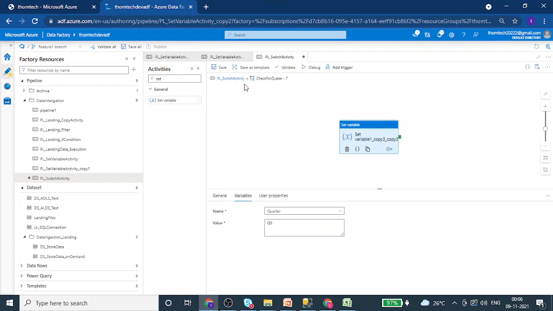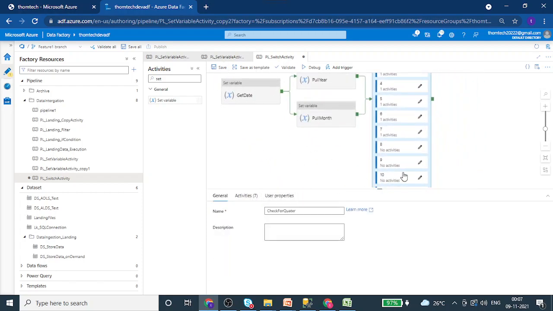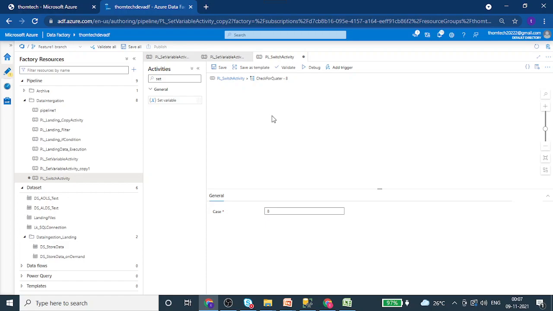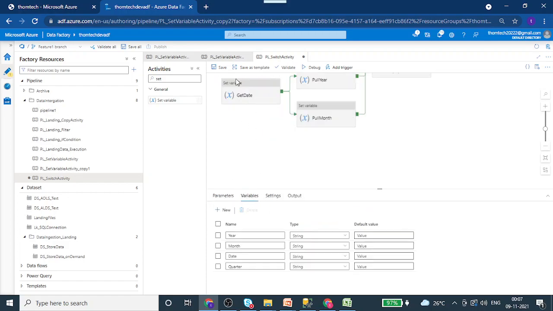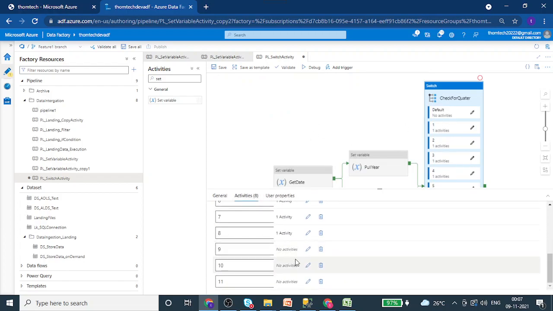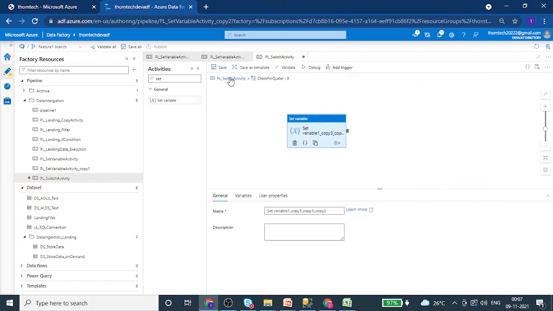Okay, now let's copy this, click on the activity, scroll down to 8, paste it here. We don't have to make any changes, it's Q3 only. Then go back, select over here, go to the activities, go to 9th, click on 9th, paste it, and again it's going to be Q3, right?